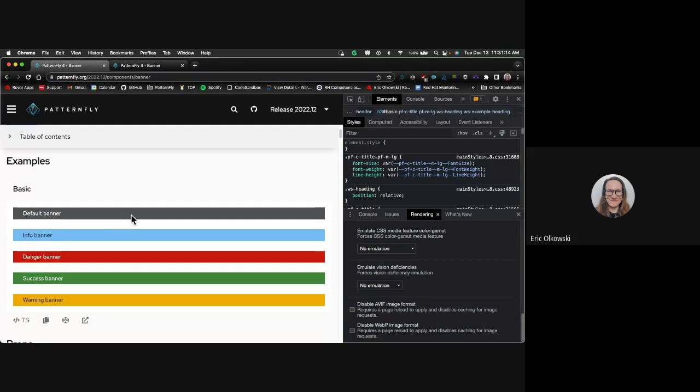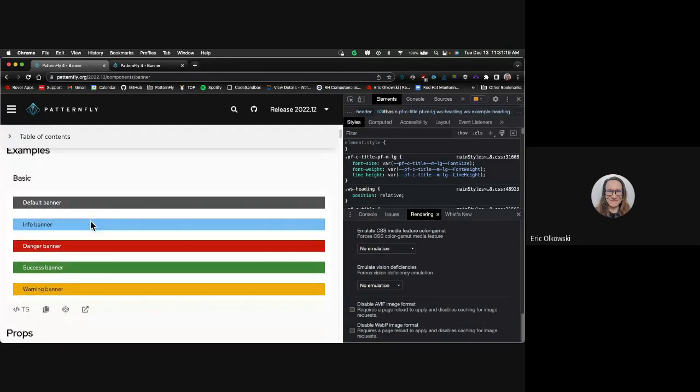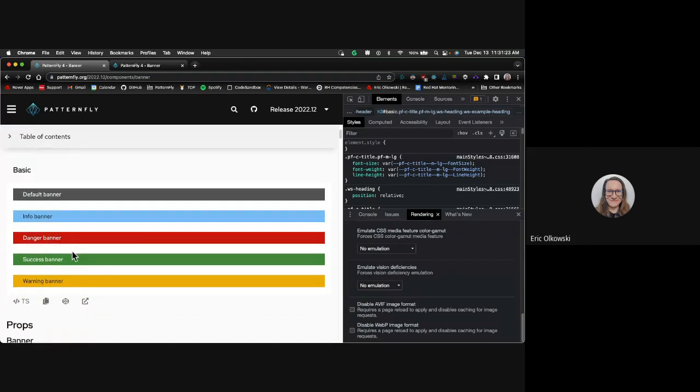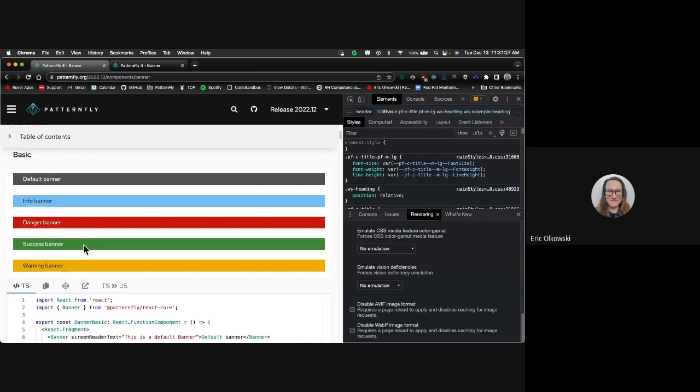So here you can see, the info banner is that light blue, danger banner is a red background, and so on and so forth. And while we did include a screen reader text prop, which would render a visually hidden text, which is great for assistive text such as screen readers to announce that text without visually showing